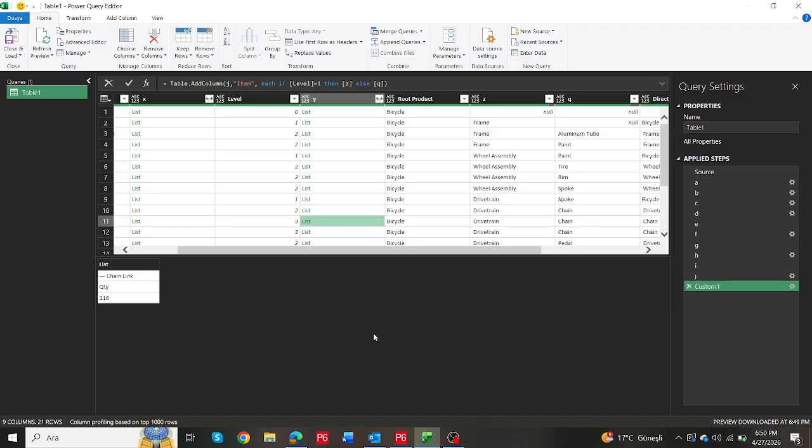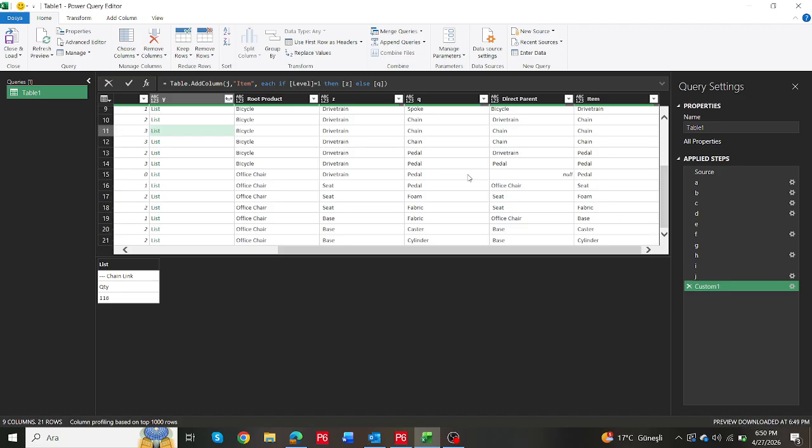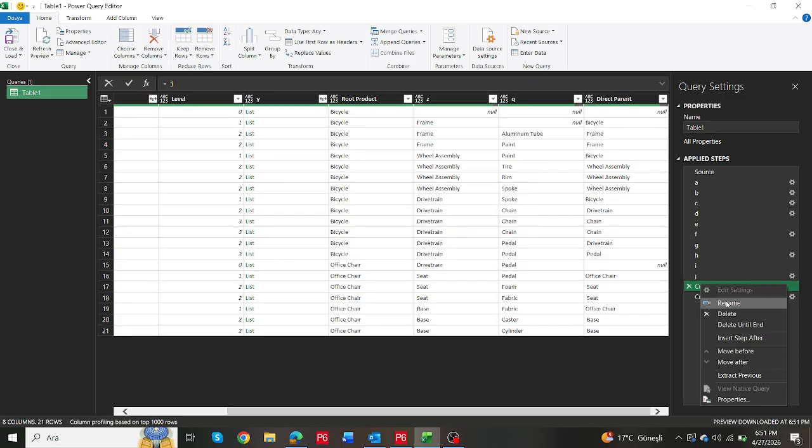So in here, as you see, we don't have level 3 column, and we don't have items of the level 3. So I will create another column after G, and this will be named by G1, and I will say that table at column